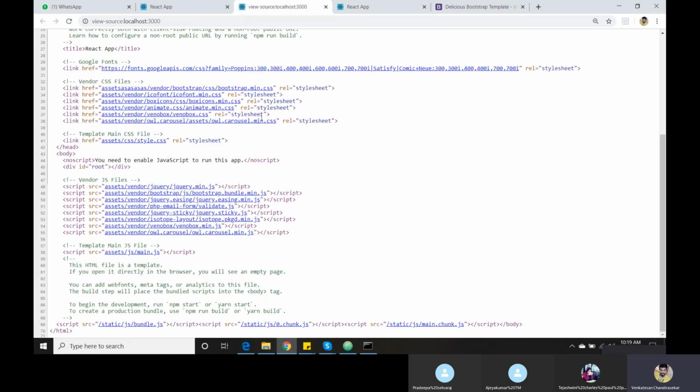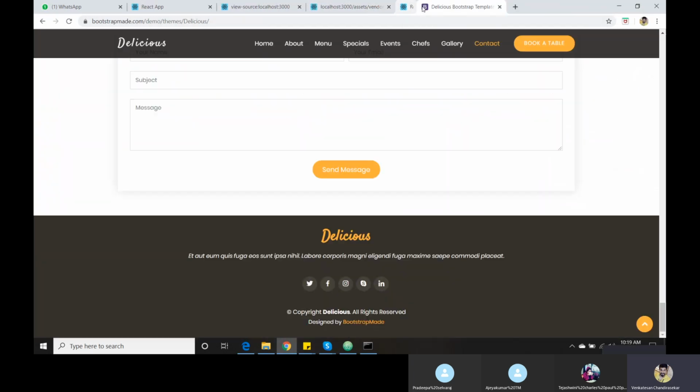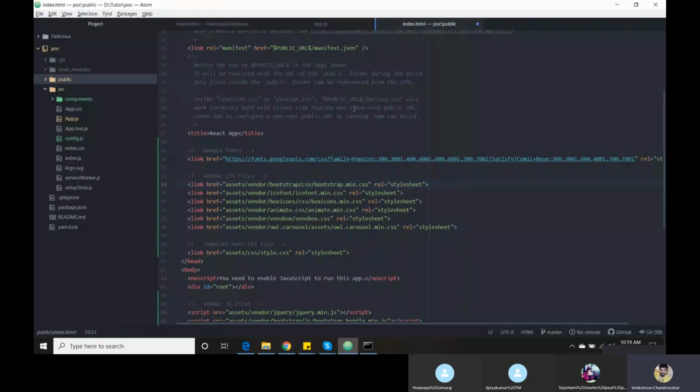If it has a complete CSS file, it will show it, or else it will redirect to our home page. This is the error. We need to check our correct path to include. This is the common way to check whether we are in the right way or not. So now we are in the right way.